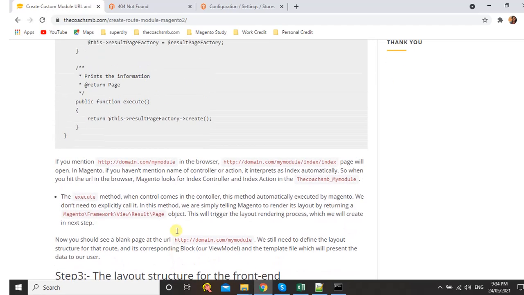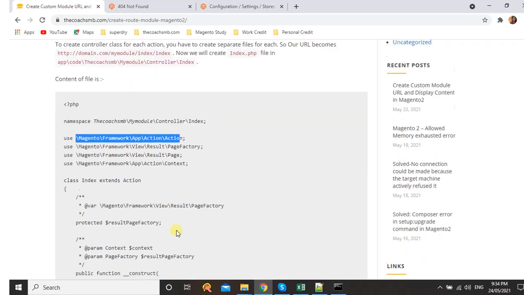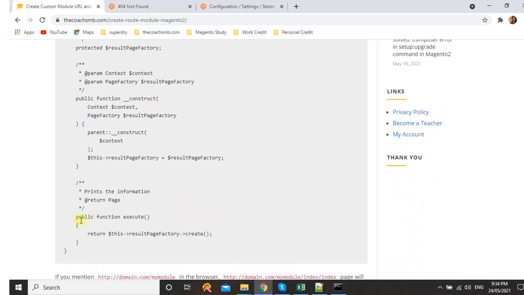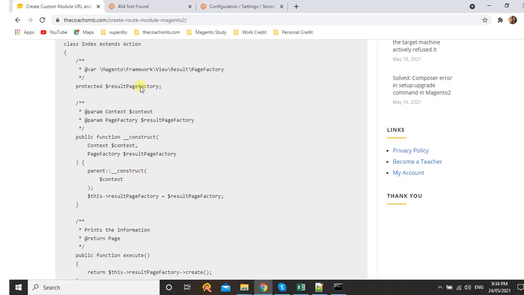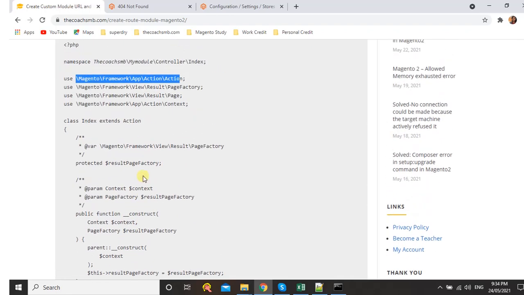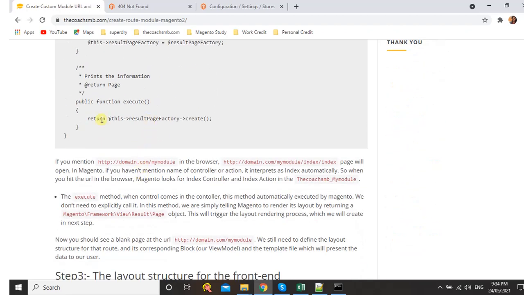So the execute function will be automatically executed, and it shows us the layout structure of our module. Whatever the output from the layout is, we will display here as the return.